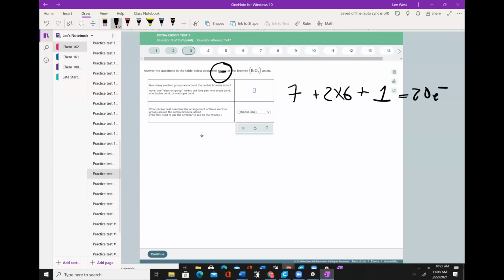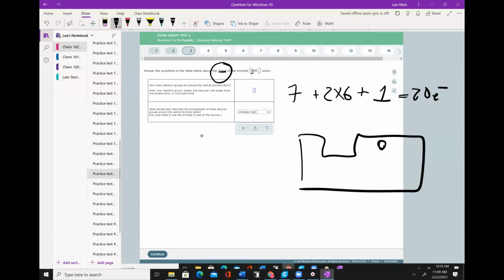Okay, so what is going to be the central atom? What is going to be the outer atom? It's a little confusing here, but we've only got one bromine, so I'm going to put that in the middle. Now, halogens don't normally go in the middle except when they're combined with oxygen. And there's a bit of confusion here, as oxygen has the lower group number, and bromine normally,